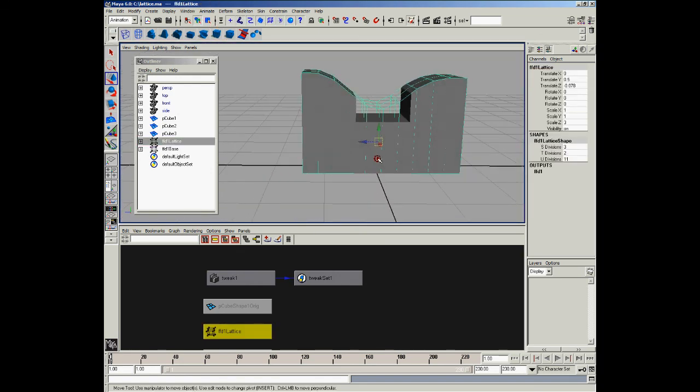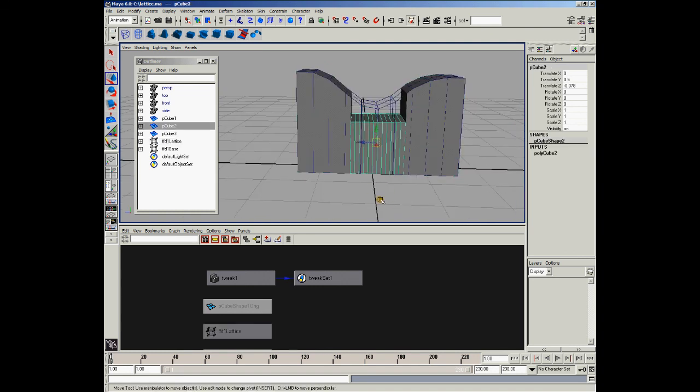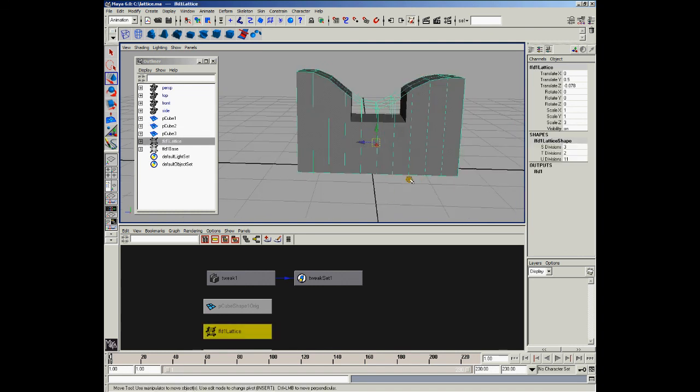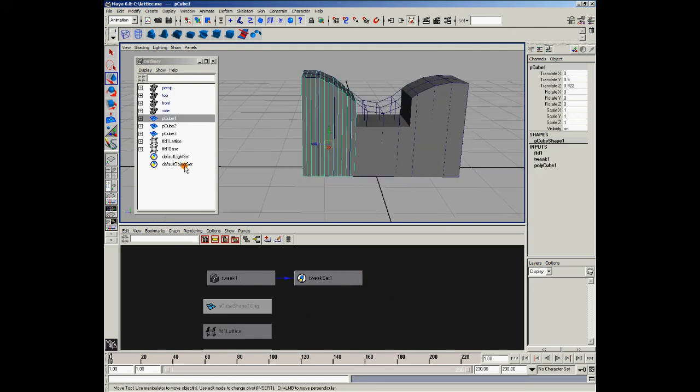What we need to do now is get this cube here to become deformed by this lattice. What we'll do is graph the structure that we have here on this cube first, and this will give us an idea of